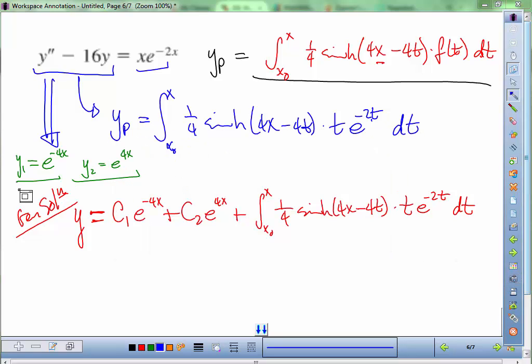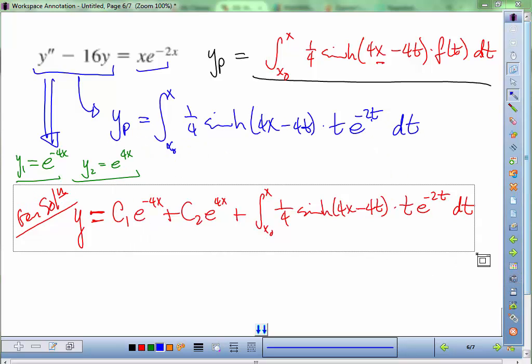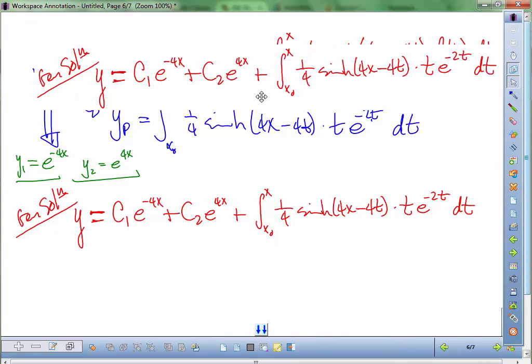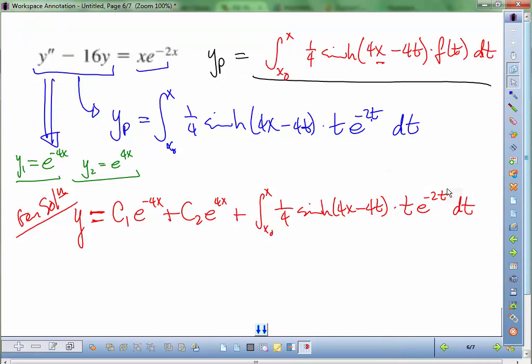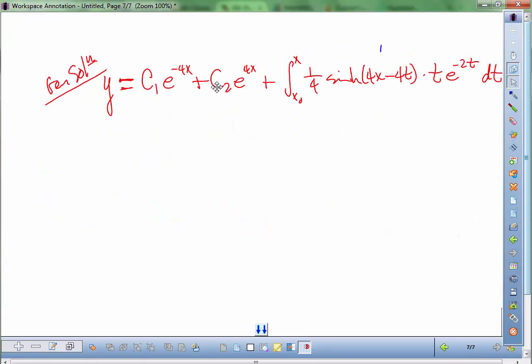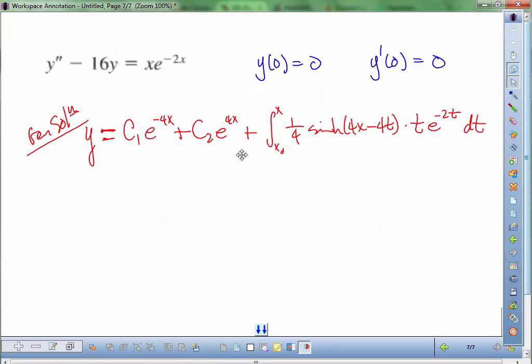What's important to note here is, when we're solving for our solution, we need to solve for C1 and C2, and not only that, but we actually have to end up calculating this integral. And the only thing that we need to know about this integral